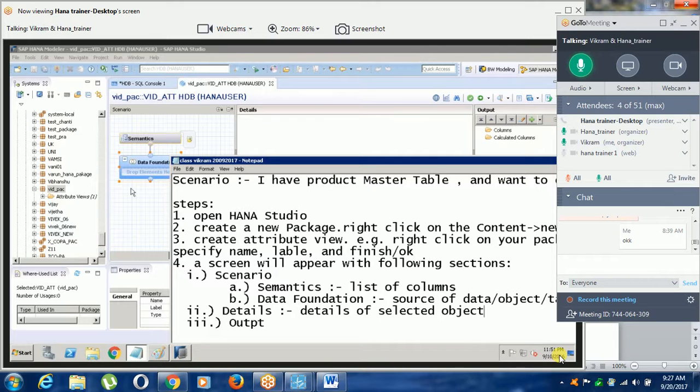Column means field, just like an info object or attribute. And here is output. Output means columns for output.